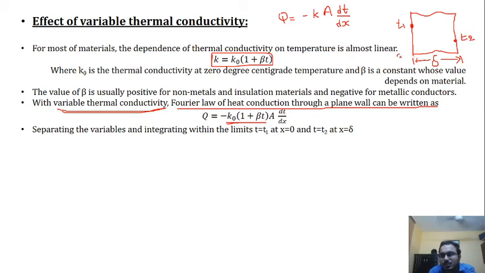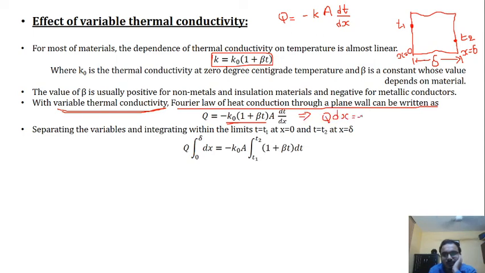So this is called the x equal to 0 condition and this is called the x equal to delta condition. So here we can still modify this equation, that it is q into dx